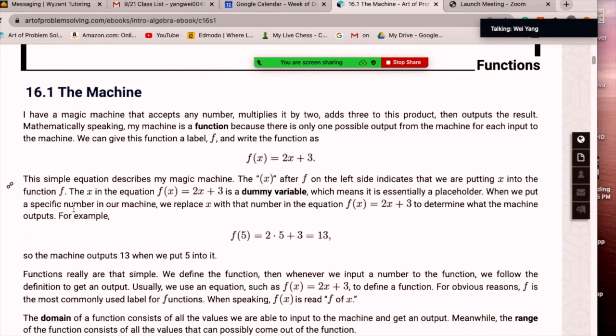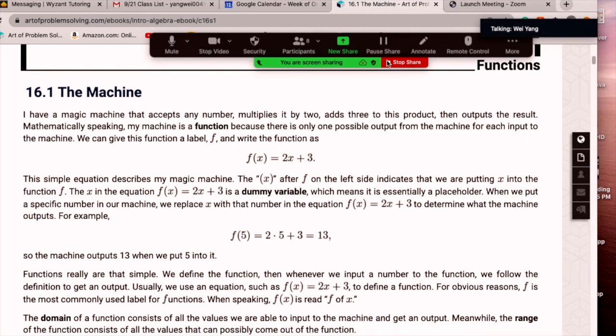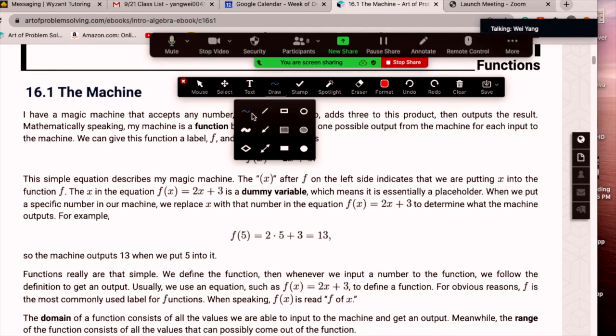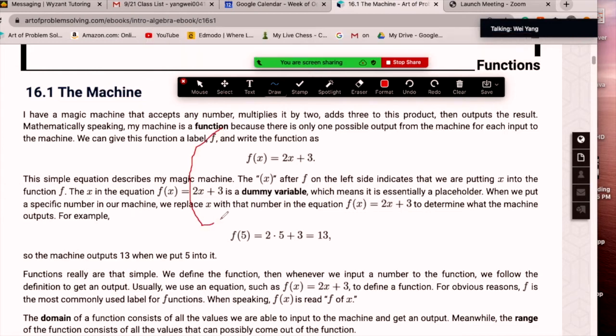Actually, of these two variables, x is the basic variable, and y depends on x, right? This defines a relationship. So if we draw two sets, we can use sets to describe this. Suppose this one is set x, this one is y. If you have all the elements from this variable, x1, x2, and so on, and here y1, y2, and so on, a function actually sets up this